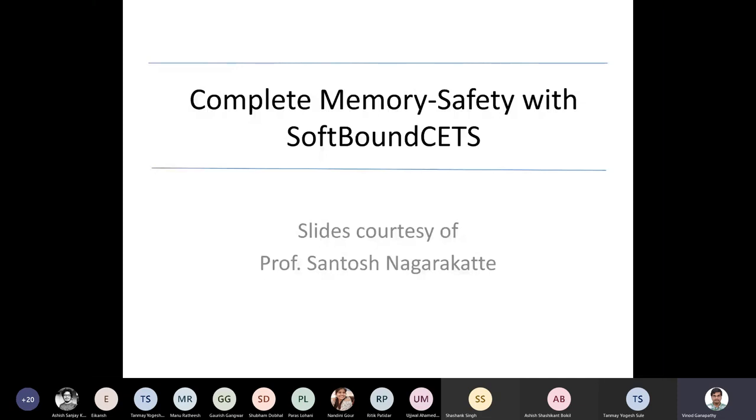After that, it kind of died out, and in 2002 it saw a resurgence once again when people started looking at how to make C programs much more safe. And in 2009, this particular paper that we are going to cover today was published, and in 2013, Intel came up with the Intel MPX. Okay, so you can see that there is nearly a 20-year gap between the time that